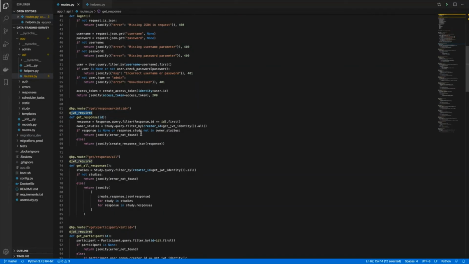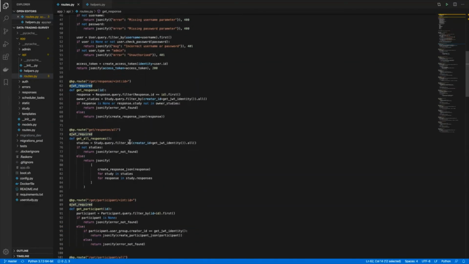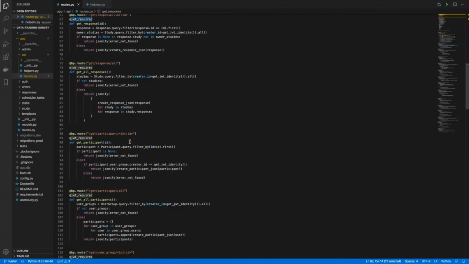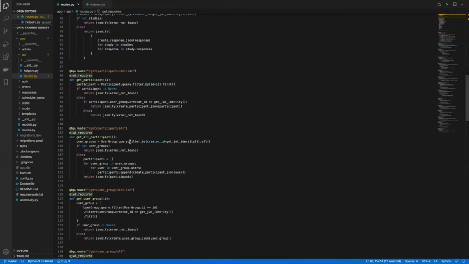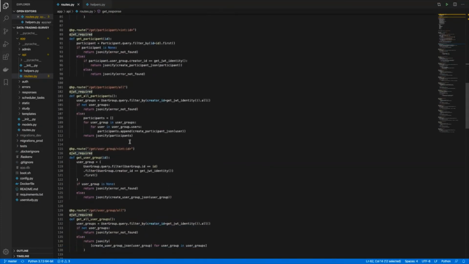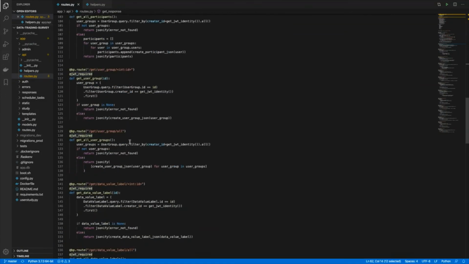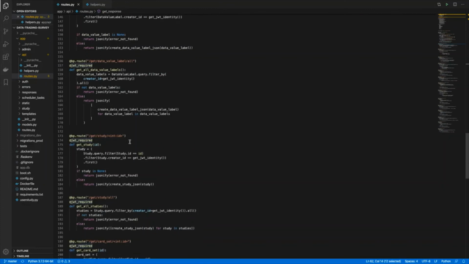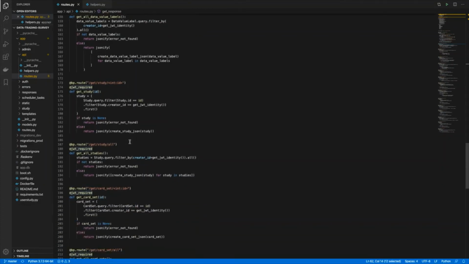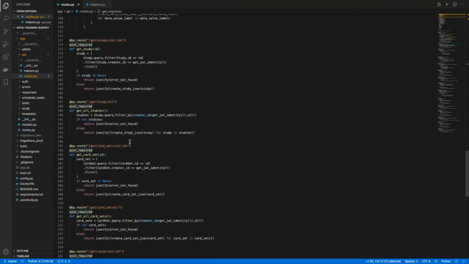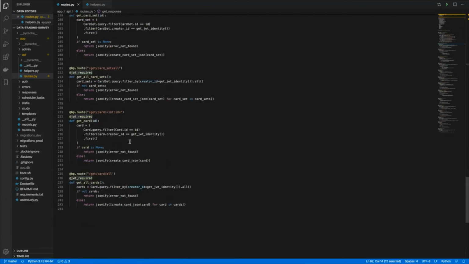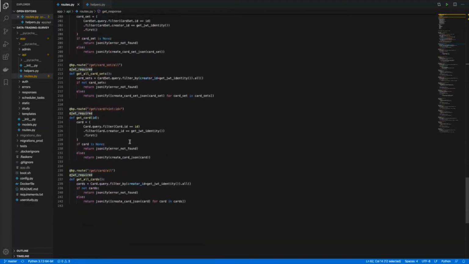So looking at some of the endpoints, there's a lot of endpoints within this module. In fact, there's an endpoint for each table within the database, so an administrator can extract all the information possible so they can gain the most amount of knowledge.